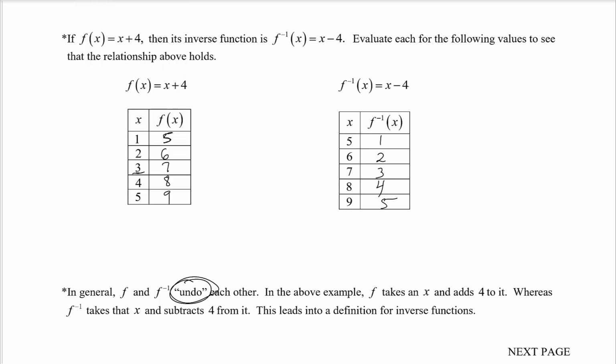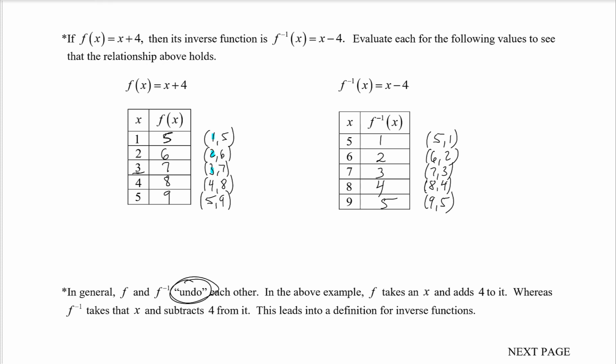So if we look closely, on the original function, I had the coordinate 1, 5, but on the inverse, I have the coordinate 5, 1. I had 2, 6 over here, but on the inverse, it's 6, 2. Over here, it's 3, 7, but over here, it's 7, 3. Here is 4, 8. Here's 8, 4. So as you can see pretty clearly with this example,